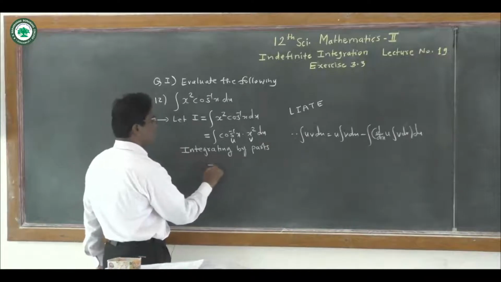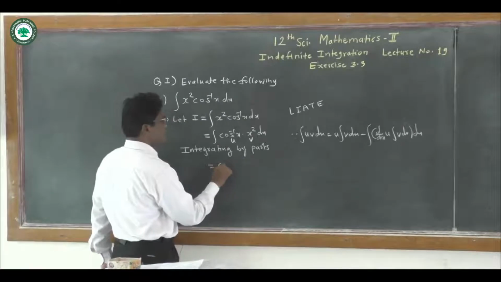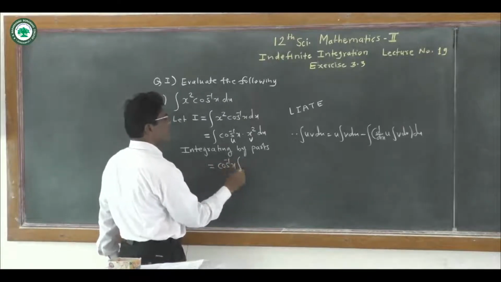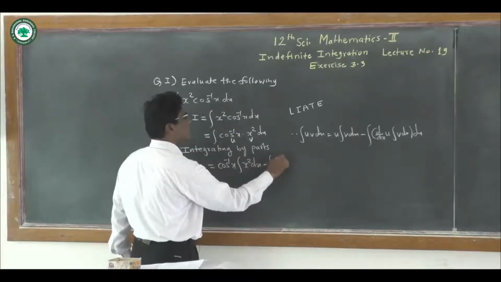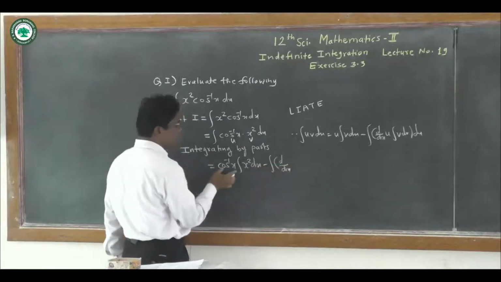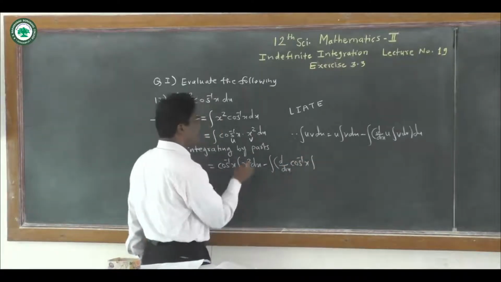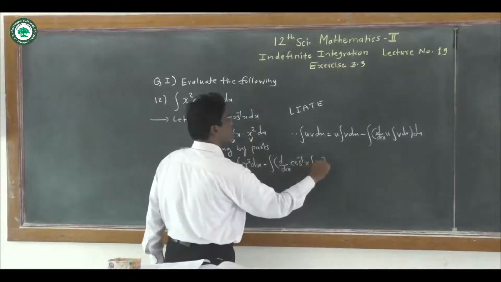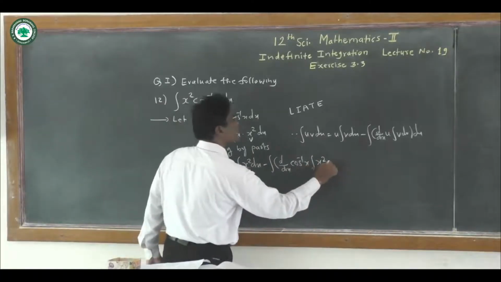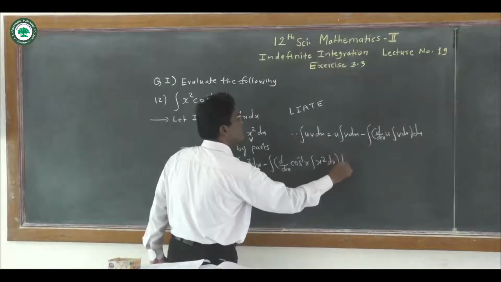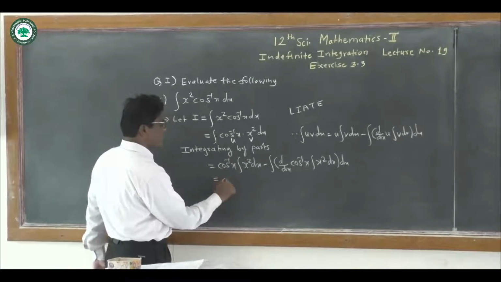So it is equal to u into integration of v. U is here cos inverse x, so cos inverse x into integration of x square dx minus integration of, in the round bracket, d by dx of u, that is cos inverse of x, into integration of v dx. V is here x square. Integration of x square dx repeats. Here integration of x square dx, here also integration of x square dx, and then again write here dx. And so it is equal to cos inverse of x.